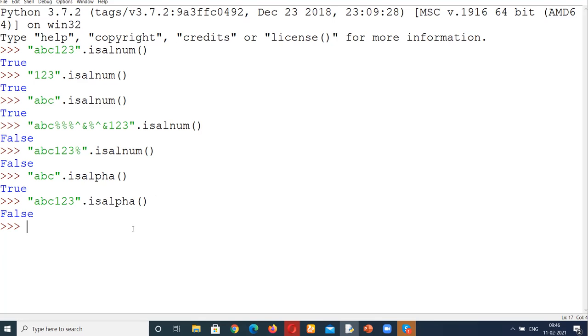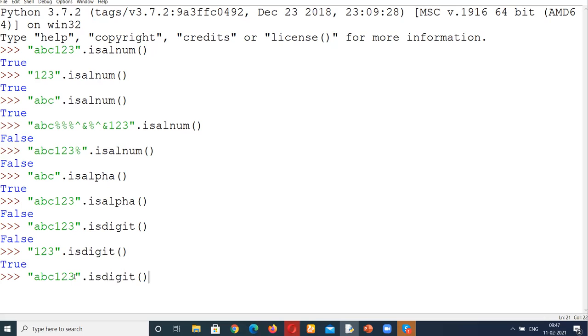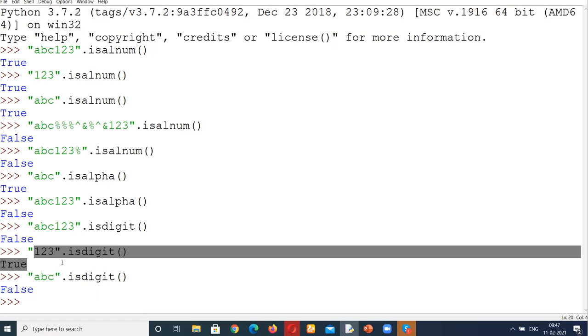Then next we have the isdigit function. Now again with the name you can understand that this time it is going to check whether your string is made of digits or not. For example, if I write ABC123, because it has both things, it will give you an error, not allowed. But if you write only 1, 2, 3, it will work perfectly because all are digits. And if you write a complete string, it will not work at all. So you need to have only digits, then only it will work, otherwise it will not work. This is your isdigit function.